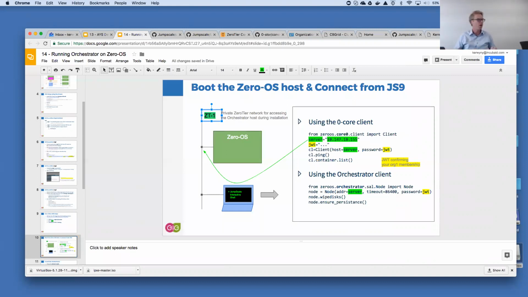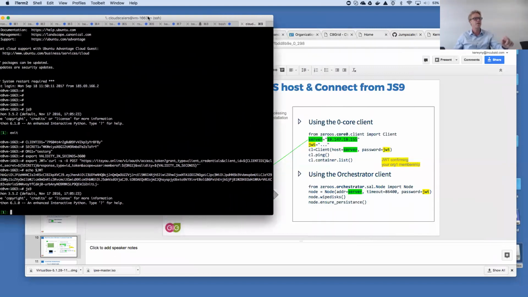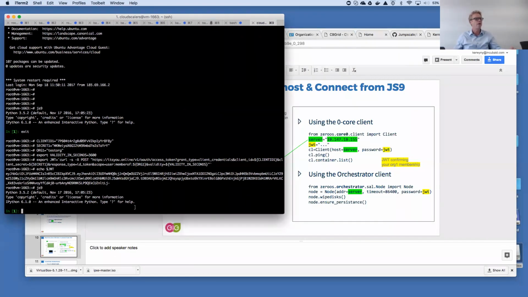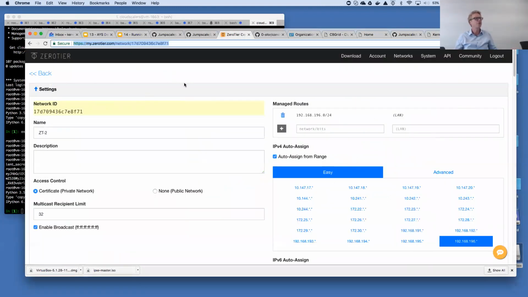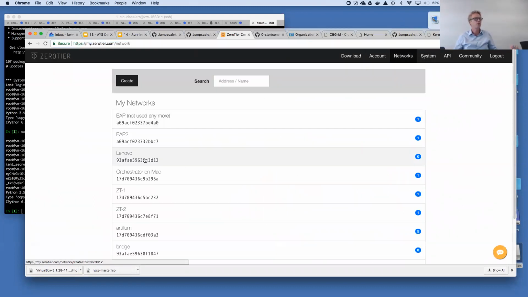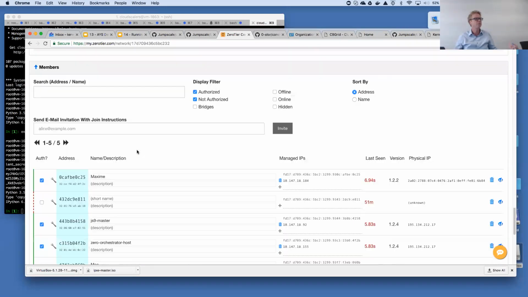Now, let me show you. Let me take the command line. This is what I will do, as depicted here on the slide. From my workstation, I'm going to talk to the core 0 of the host. And this network IP address here, which one is this? Let us check. We go to zero-tier network 1. So we go to networks. We go to ZT1. In ZT1, what do we see?